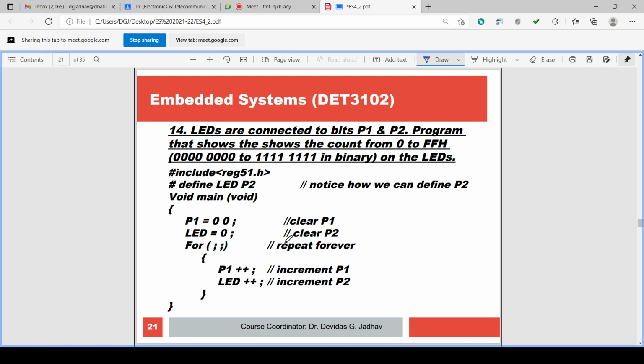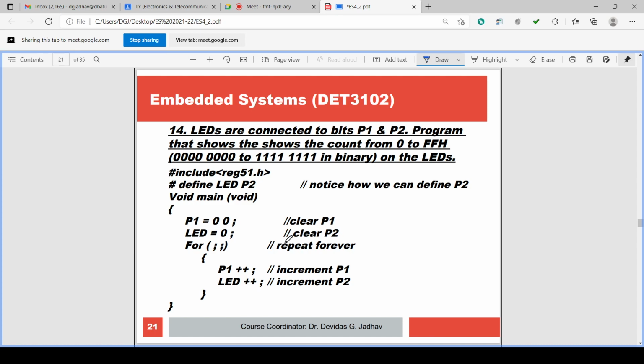In case of simulation, we cannot connect the LEDs as we connect in hardware. In simulation, we have to verify whether the tick, that is bit 1, is appearing. If bit 1 is appearing, the LED will glow. If bit 0 is appearing, the LED will not glow.